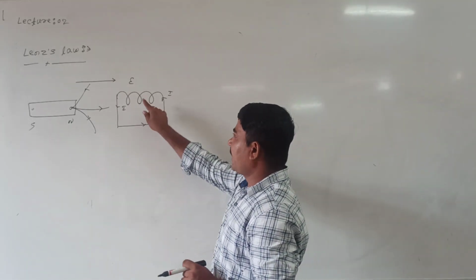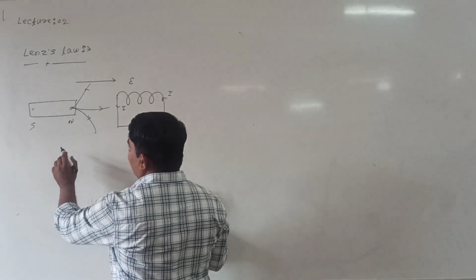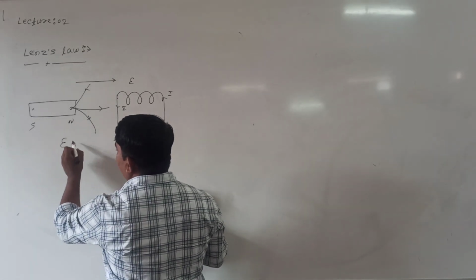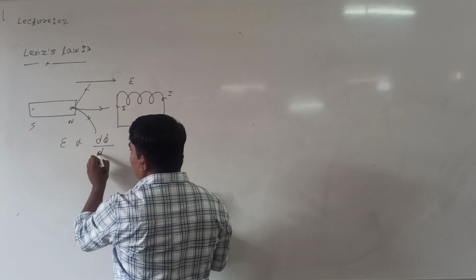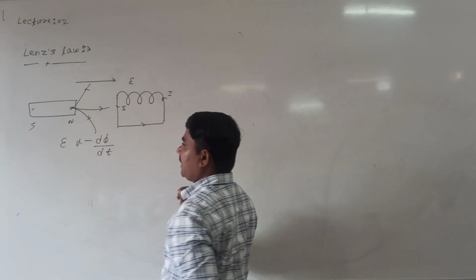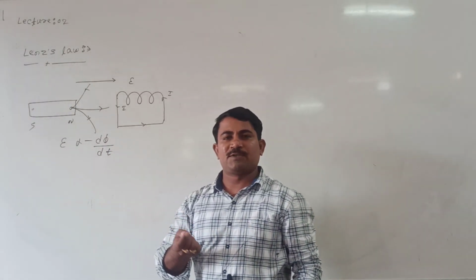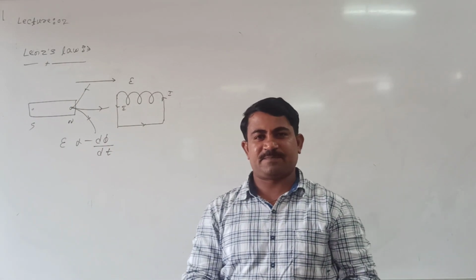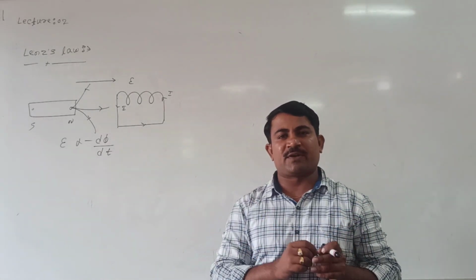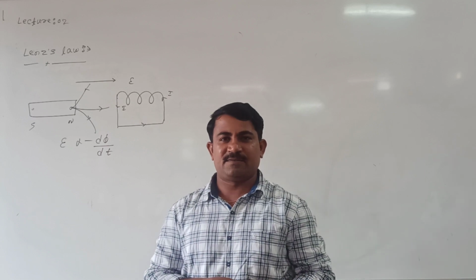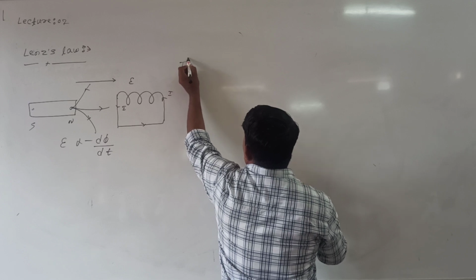Before that, this coil contains many circular turns. We know that according to Faraday's second law, EMF induced is directly proportional to the rate of change of magnetic flux along with a minus sign. What is the minus sign here? The direction of induced EMF opposes the change in magnetic flux. See here. Now initially I will write the statement, then we will go further on how Lenz law can be understood. Lenz law statement says that